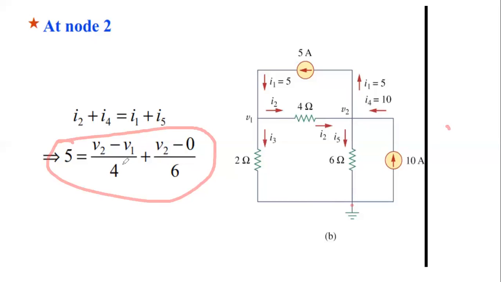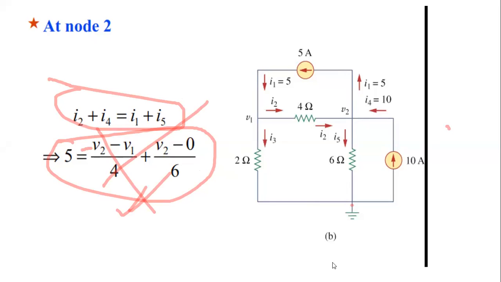I2 is V2 minus V1 by 4. Actually, first of all, let us write for this. They have actually simplified it. That's why it is coming out to V2 minus V1. Okay, because it will be minus when it will come to this side, right side, it will be minus. So it becomes V2 minus V1. Otherwise,